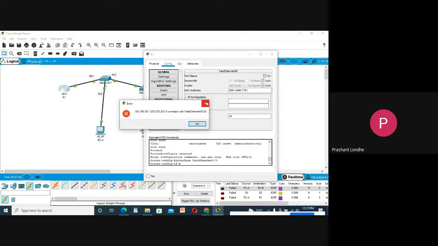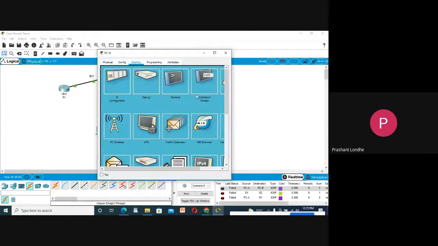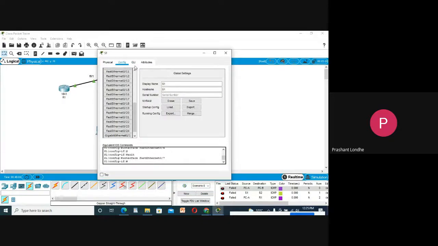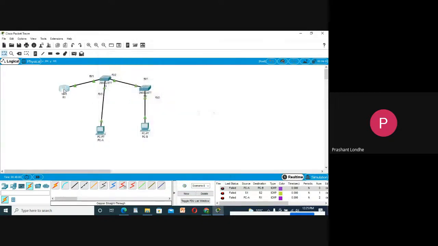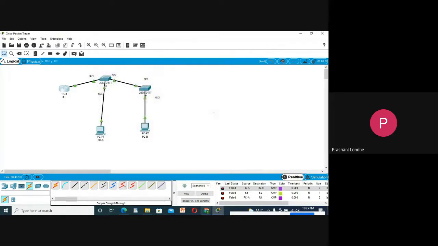It will not take because we have already assigned it to the .20. Okay, no issue. As we are able to see the trunk table, access table, and the VLAN table, we have completed this practical. So any query in this practical?